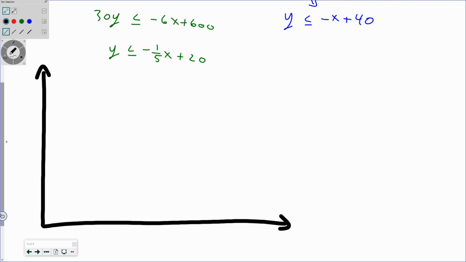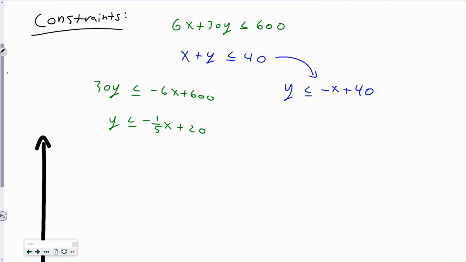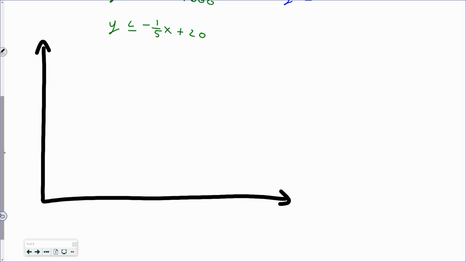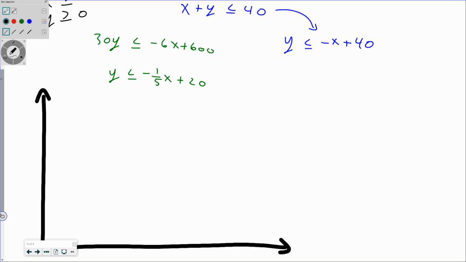And remember, we always have two kind of invisible constraints, right? You should always know that x has to be greater than or equal to 0, and same with y, right? You can't have a negative amount of cars parked in your lot or a negative amount of buses parked in your lot. It doesn't make any sense. So these are kind of invisible constraints. All this is really saying is that you're doing the first quadrant. That's why we give you graphs like this and not a full-on grid. Okay? And then from here, like I said before, we're just going to figure out the x and y intercepts